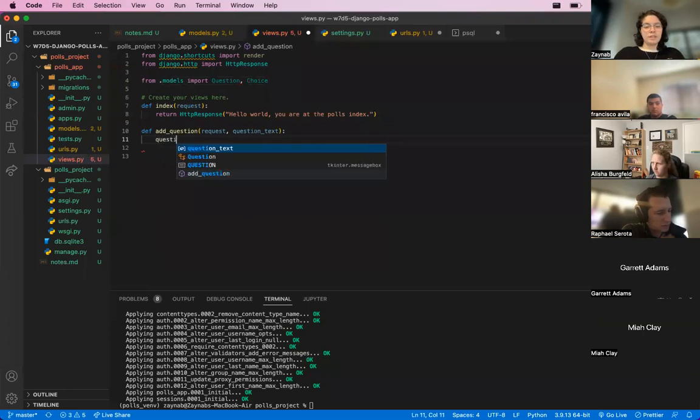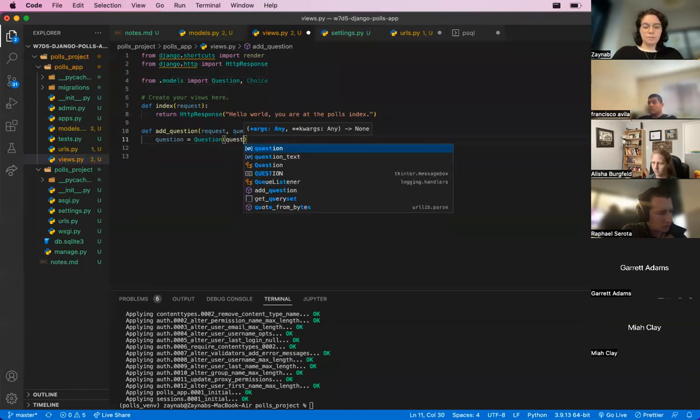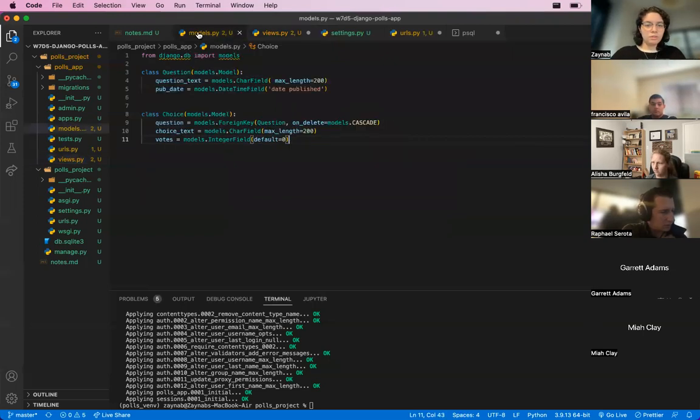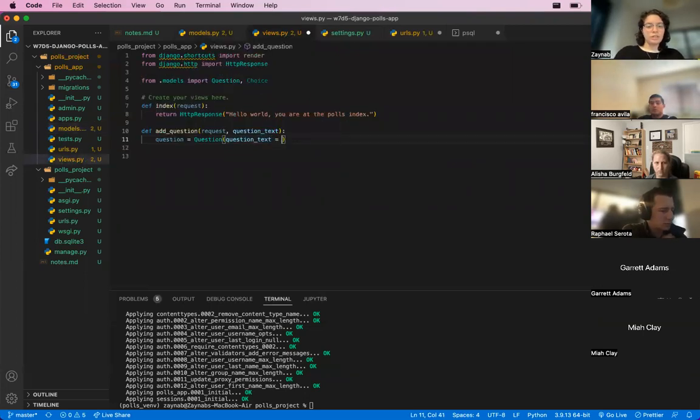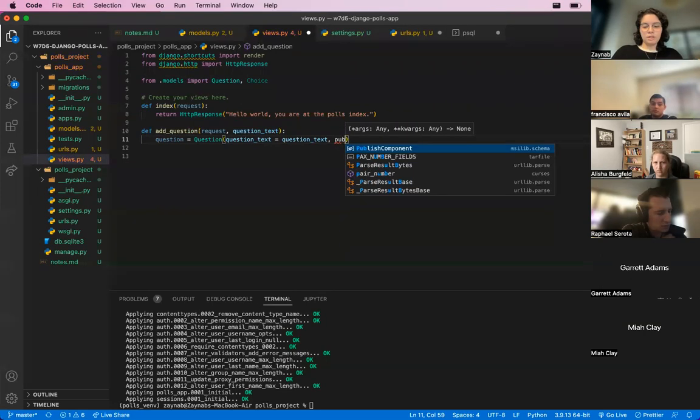So let's say question equals a new question, and we will send in our text. Question text and publication date. So question text equals question text. And then our pub date